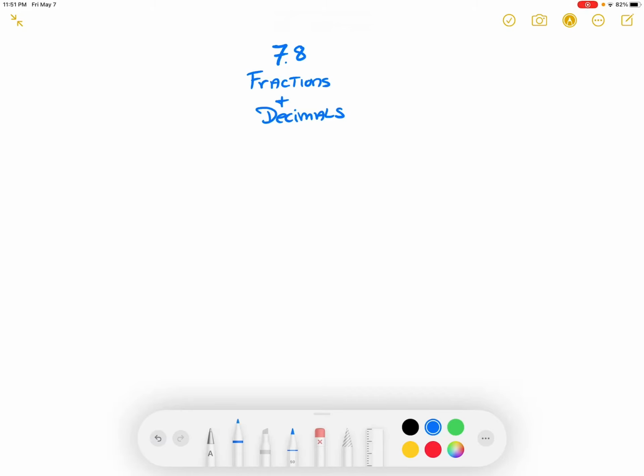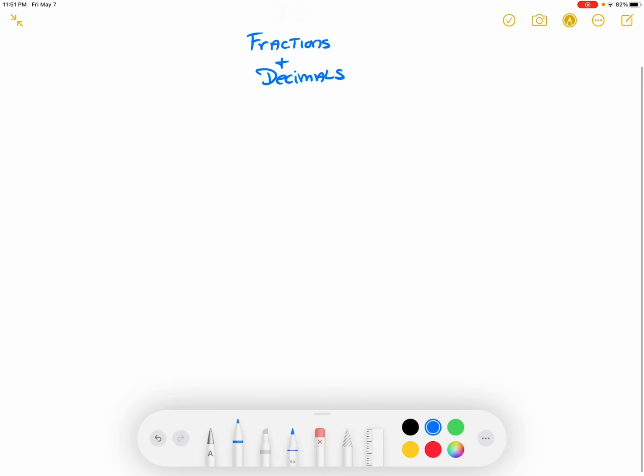Okay, we're going to turn fractions into decimals and vice versa, decimals into fractions. Very simple, actually. We need to remember one thing, and that is the place values of decimals. So you remember that, let's say, a regular number